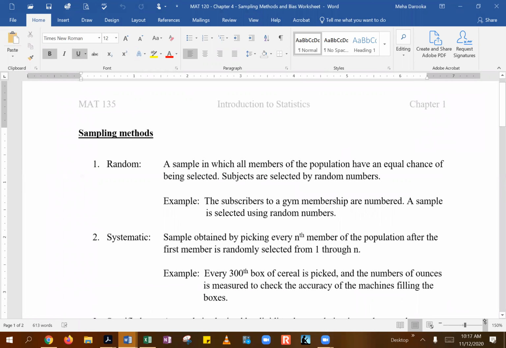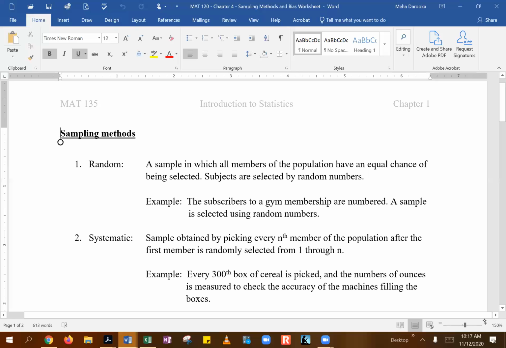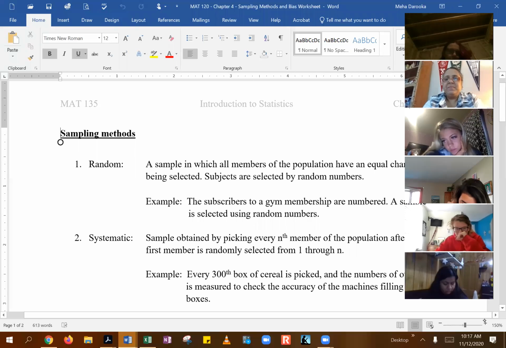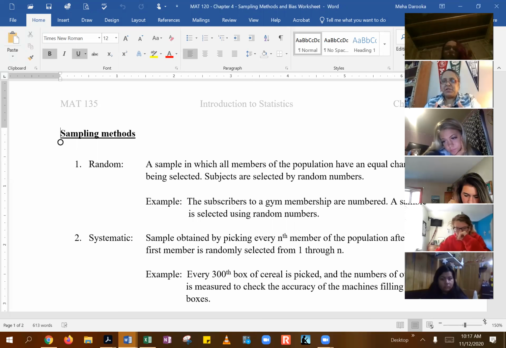Let's make this a little bit bigger. So, we're talking about sampling methods. Now, when you're talking about sampling methods, basically the idea is if you decided I am going to conduct a study,